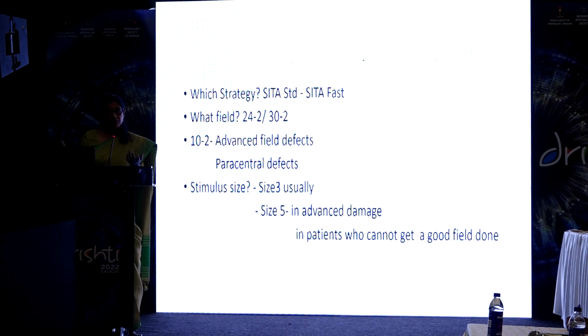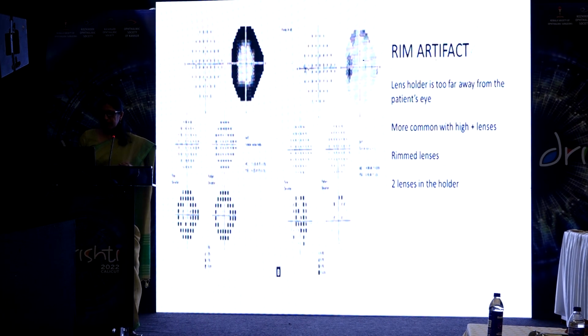Also, if you see a lot of patients who seem never to be able to get a good field done, in such patients, it's a good idea to change to a size 5 and see if they can get a good test done. So if you see a field defect that does not correspond to any typical glaucomatous field